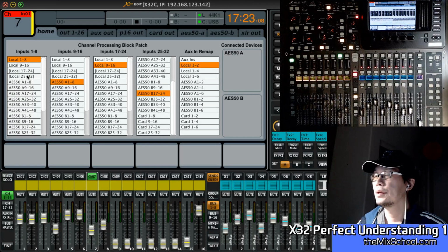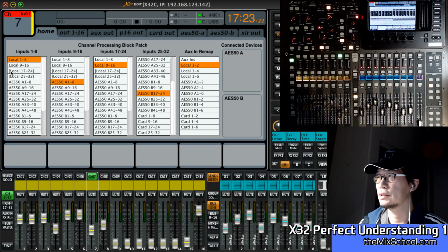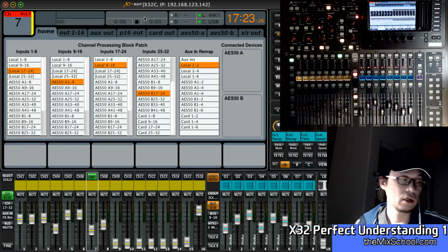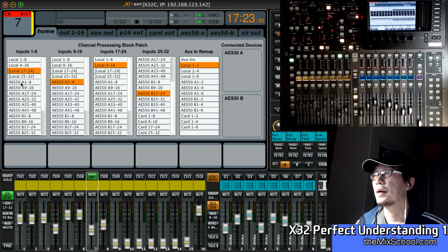Anyway, the X32 can have 32 inputs. X32C and X32P can only have 16 internal inputs. So there is a 16, and you cannot get this one on this mixer. There is no 17 through 32. But if you put some other devices, some other X32 or S16 or something,